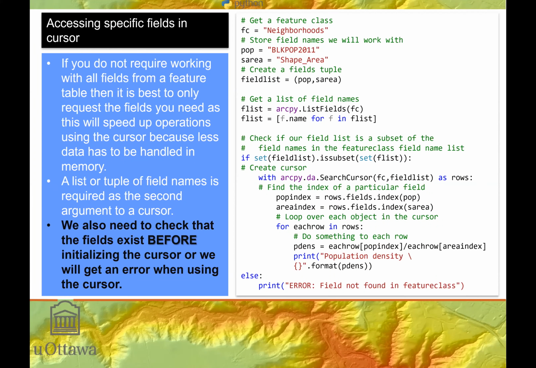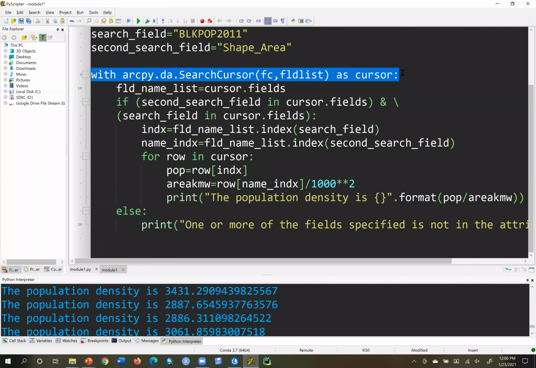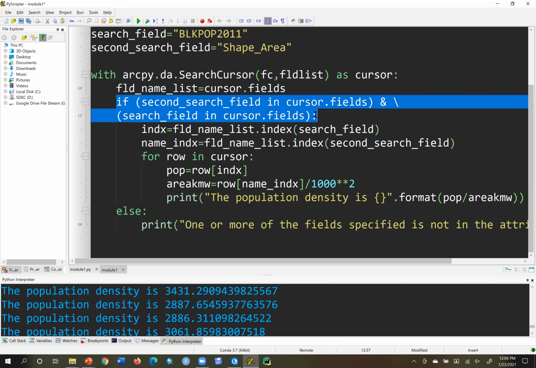Accessing specific fields in the cursor, well, there's a couple ways we can look at that. What if there's more than two? Right now we have a case here where we say if second search cursor in cursor.fields and search field in cursor.fields, that's just for two fields, and that's becoming a fairly large statement. What if we have three fields? Well, we'd have another and up here,